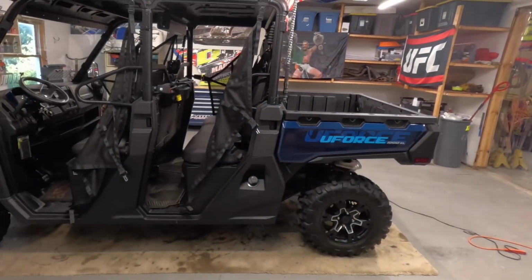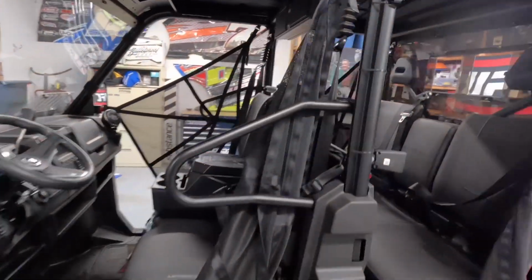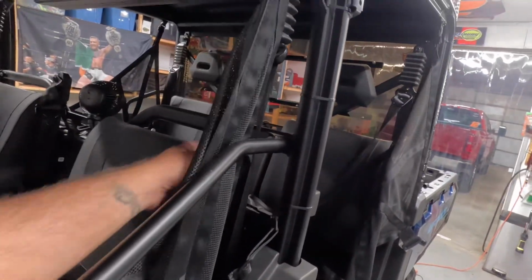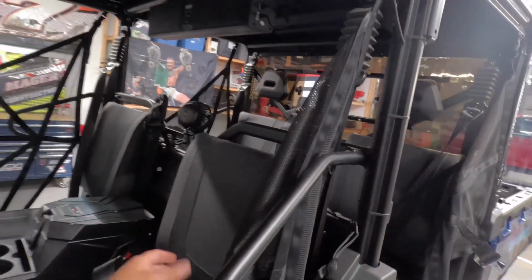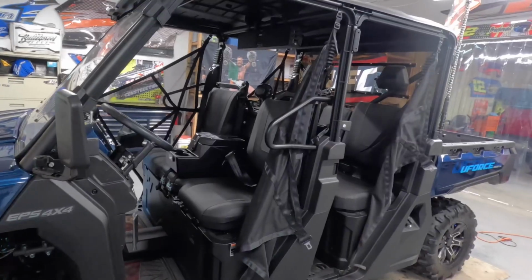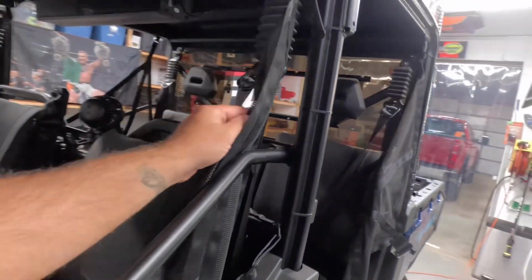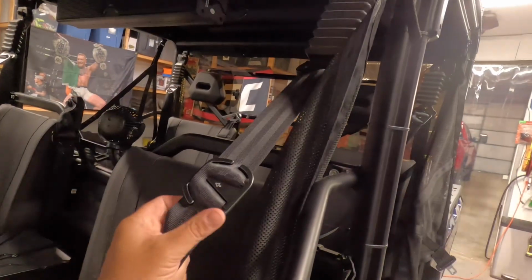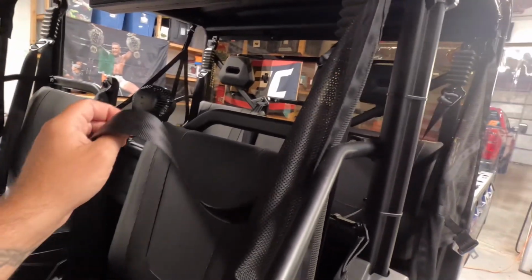Secondly, is the seat belts. So the seat belts, when you're sitting in here, they kind of run up and ride on your neck line. But I know my father-in-law, who has a side-by-side as well, his does the same thing. So what I've done here to fix that situation is I've bought these little buckles off of Amazon, and they sit in there and they don't let it go as far. So now, instead of it going all the way back,